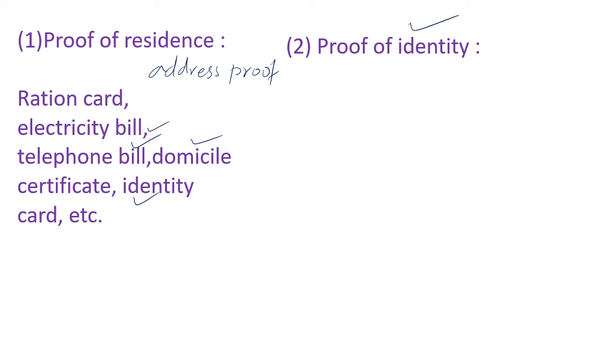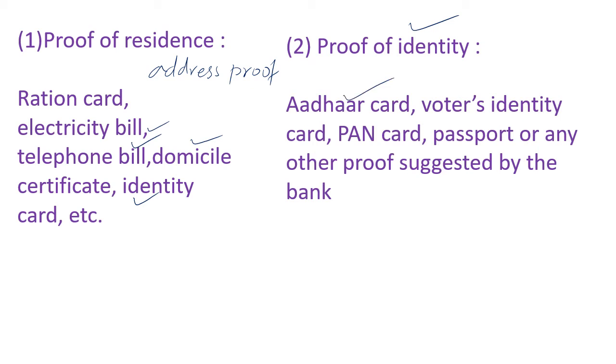Who are you? If you think that I am standing in front of you, you see me, I am what I am. That is not the way. You need to have certain identity card like Aadhaar card, voter's identity card, PAN card, passport or any other such suggested by bank. Then you will be identified. Normally PAN card comes after 18 years, voter's identity card comes after 18. Normally a bank account is opened after 18 years, but there are mechanisms nowadays to have a minor account. Now the point is that proof of residence and proof of identity, proof of address and proof of who you are is required for opening a bank account.